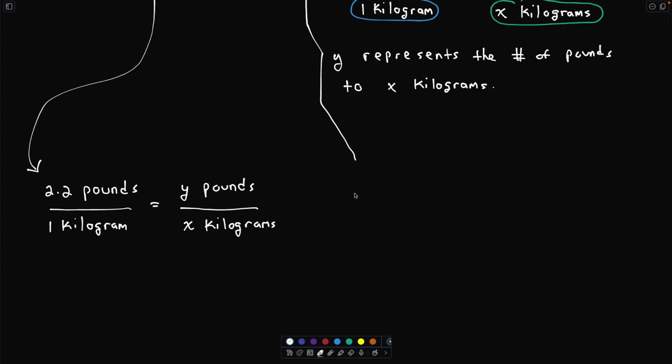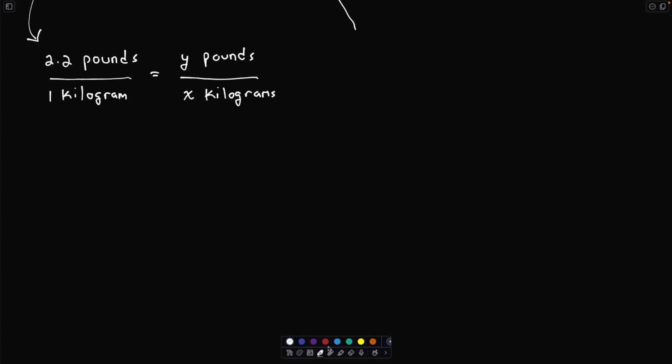Bring this down, give us some more room. So let's cross multiply. I'm going to cross multiply Y pounds with 1 kilogram. This gives me Y pounds times 1 kilogram. And then I cross multiply 2.2 pounds with X kilograms. So this will equal 2.2 pounds